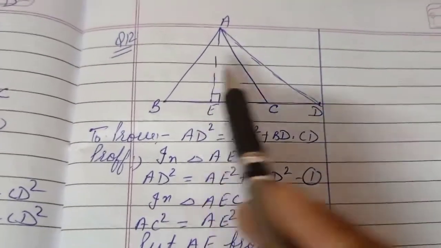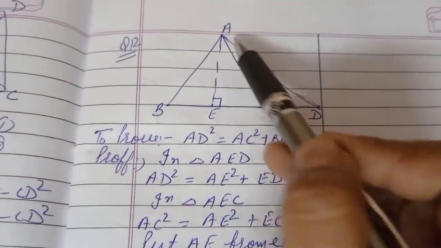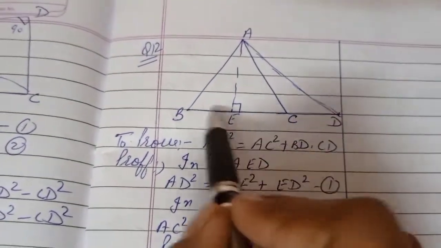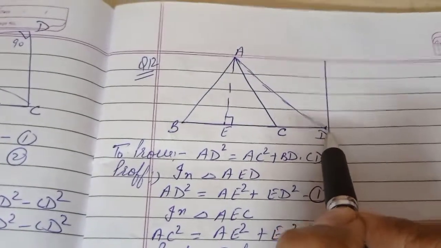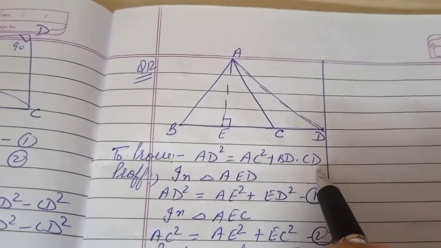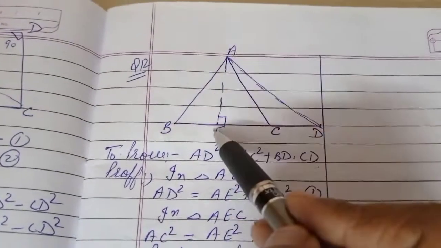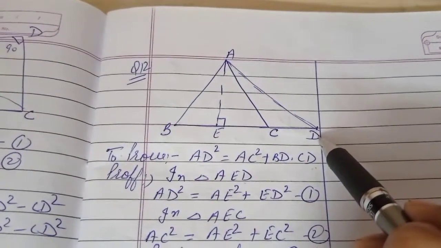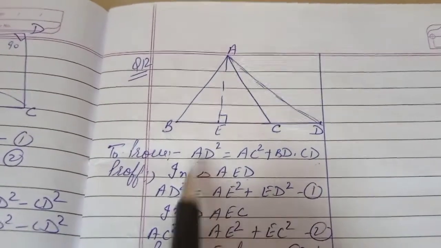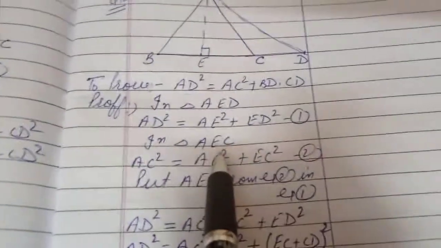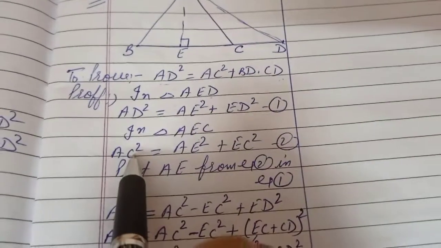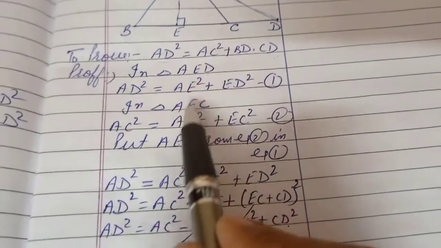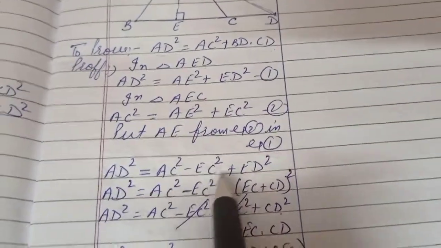12th question. In an isosceles triangle, this is an isosceles triangle, AB is equal to AC and D is a point on BC produced. D is this point. Prove that, this is what you have to prove. So for this children, what I did, I took the triangle AED. Clear? Apply Pythagoras on this. If you apply Pythagoras, we'll get the value of AD square. Then triangle AEC. Clear? We can obtain AC square from here. Now compare it. See, AE is common in both.